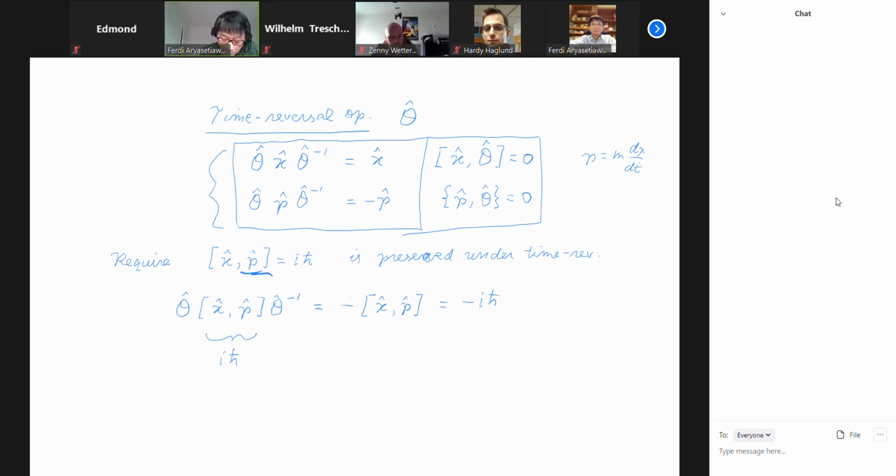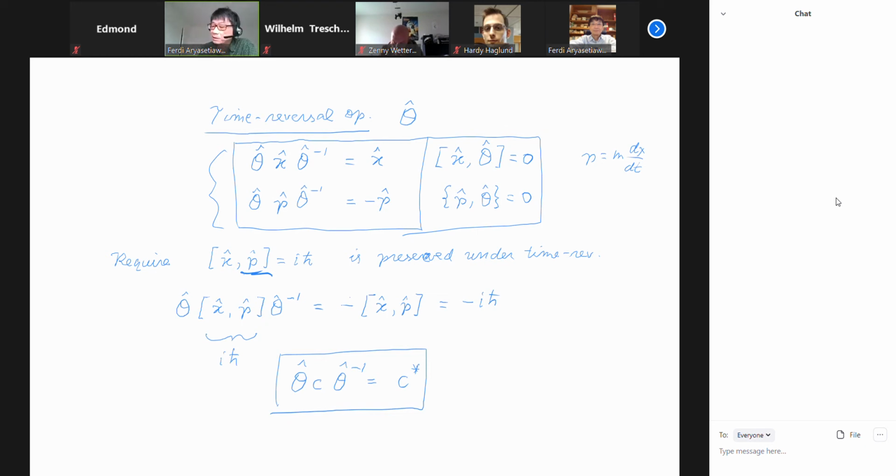So in general, if I have a complex number c, it changes to c star. And so that's